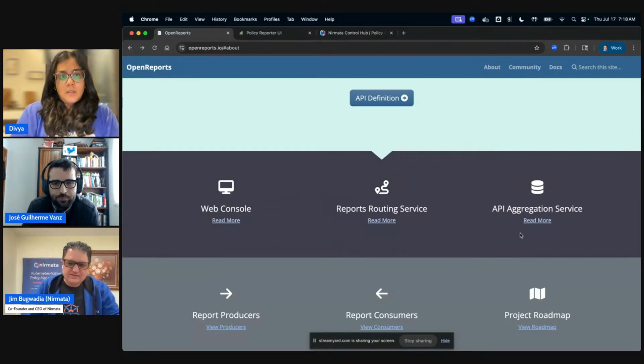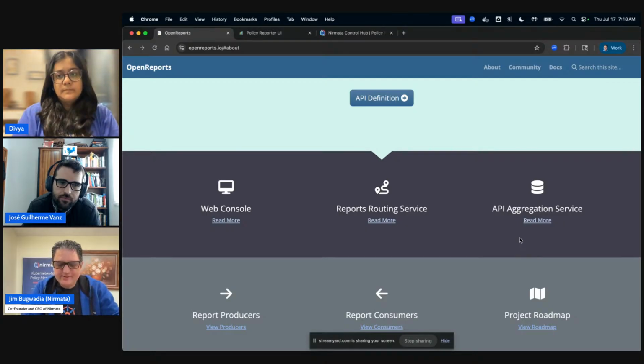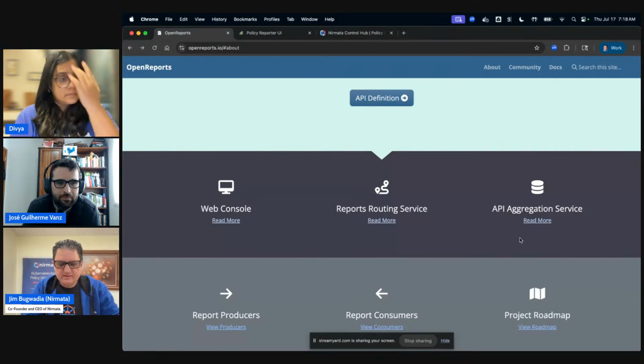And then there's another component, and this goes back to some of the challenges we saw. One of the things we quickly learned is, Kubernetes is, of course, designed to be extensible with these different add-ons and controllers being added to the cluster. But the main storage component used within Kubernetes is etcd, and etcd has very hard limits on the total size of data you can store in there, as well as the size of each object.